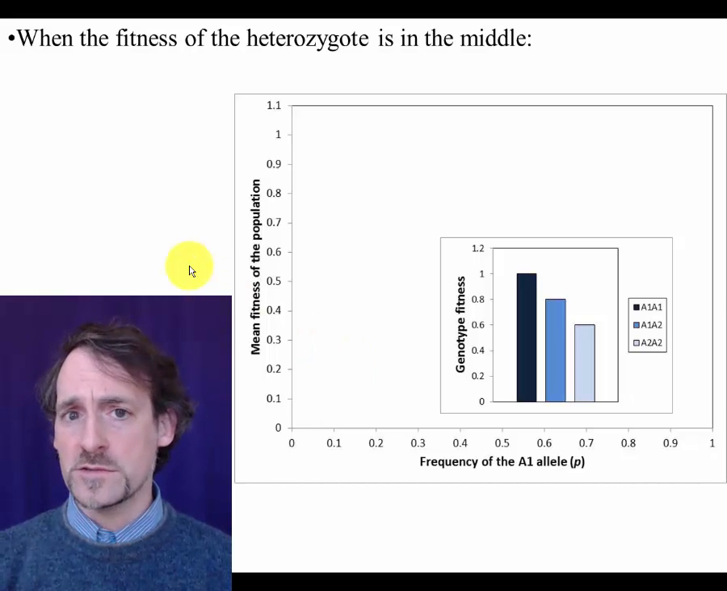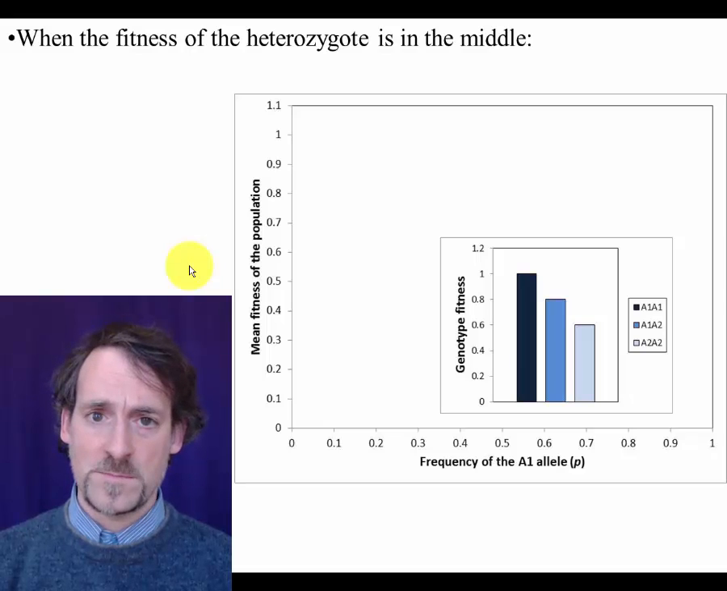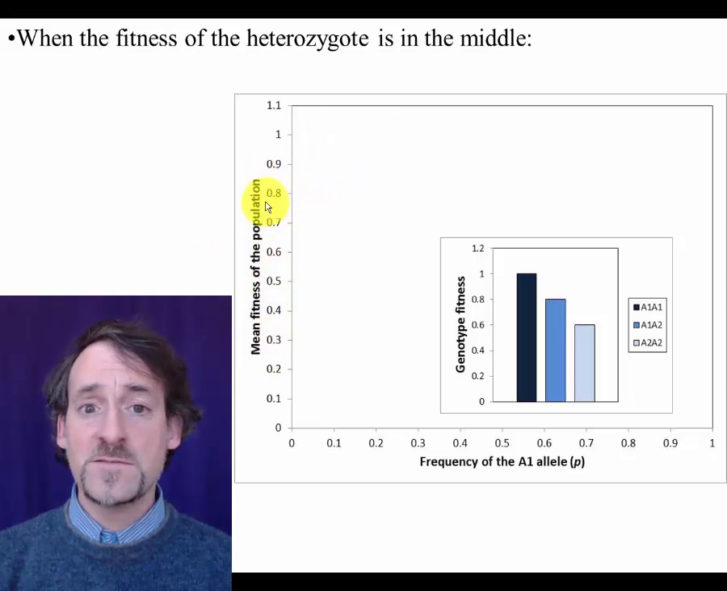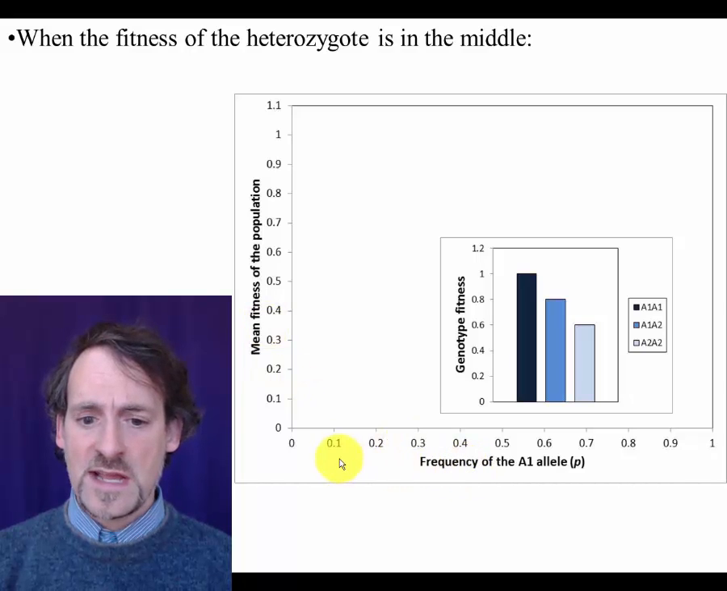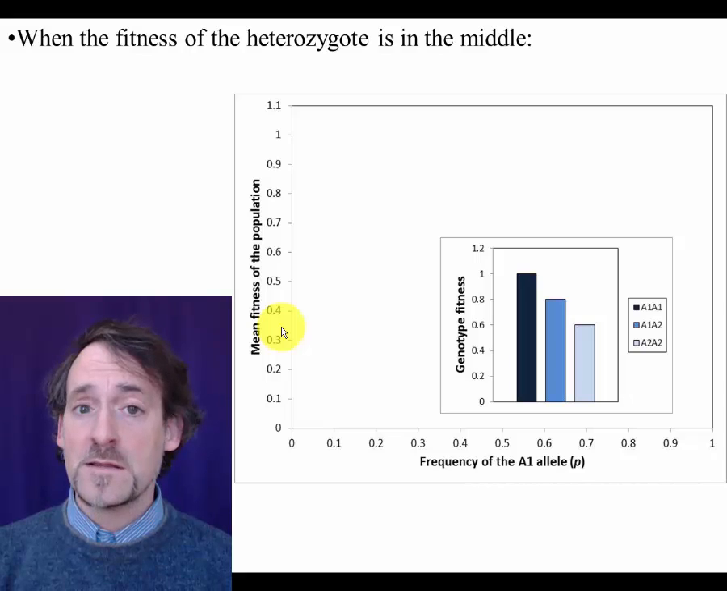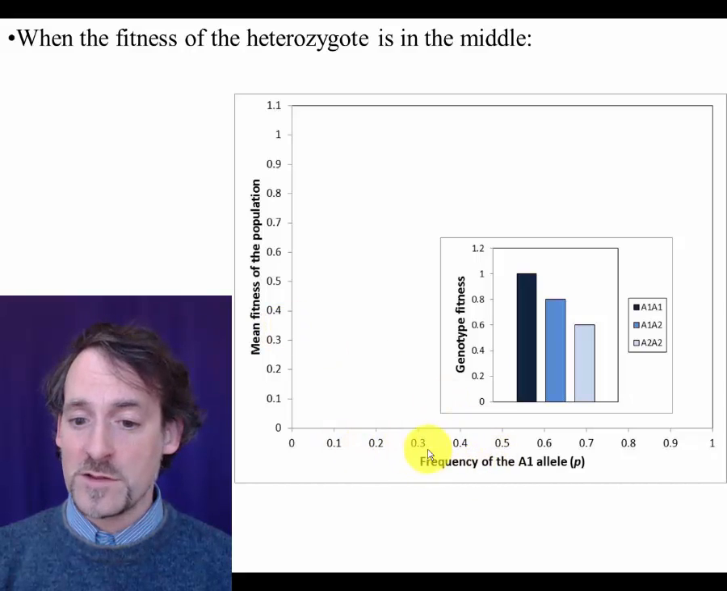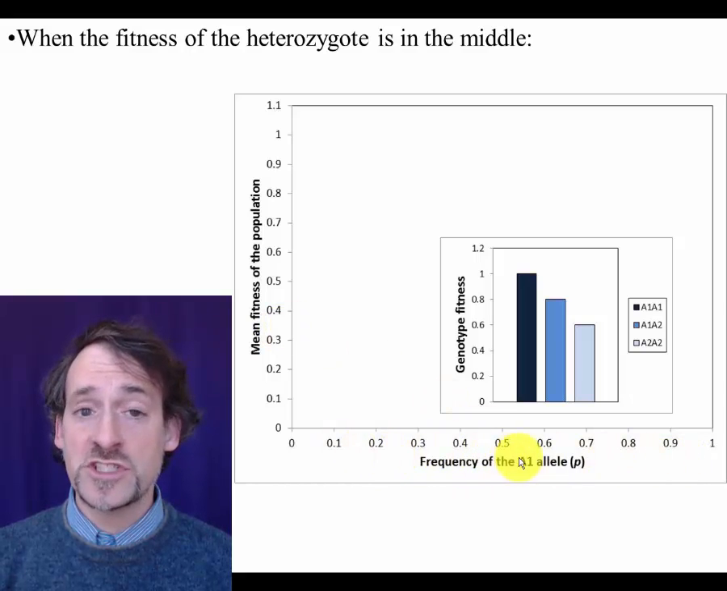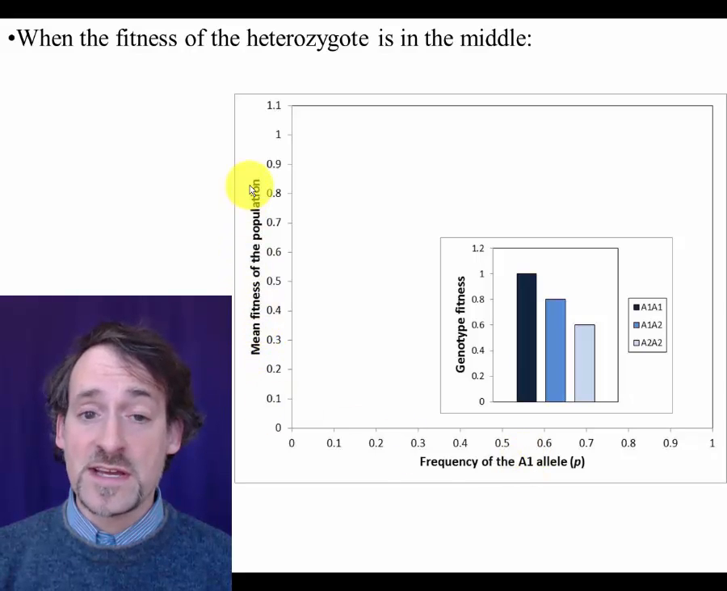A tool that you can use to predict the outcome of evolution by natural selection on allele frequencies is a graph that looks like this. On the y-axis, we've got the mean fitness in the population, and here we've got the frequency of the A1 allele. The population will evolve, in other words, the frequency of the two alleles will change until this is at